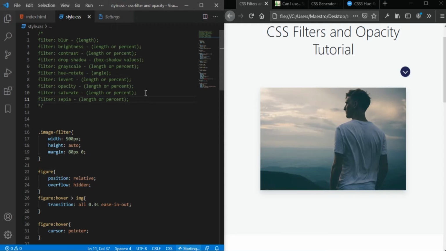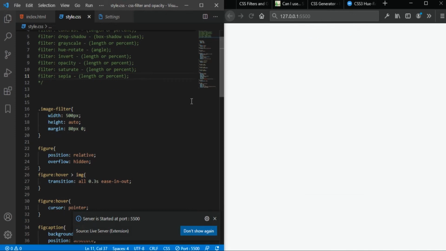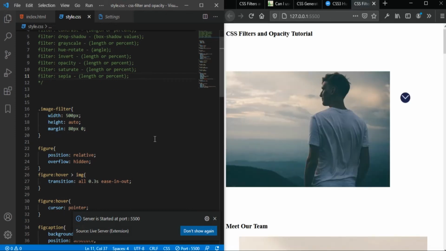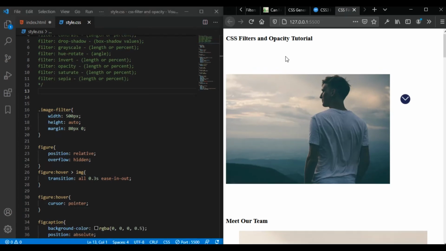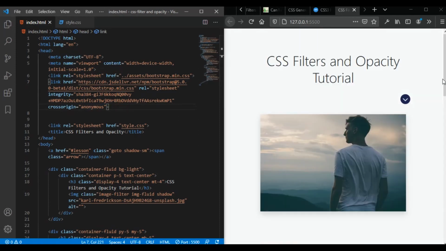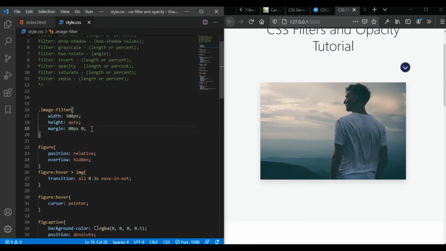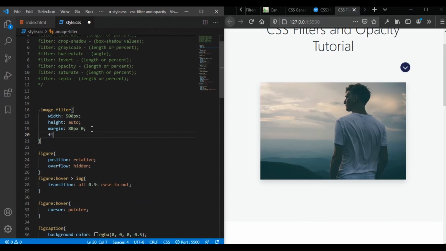activate our live server. Okay, so it seems our Bootstrap CSS is not loading, so I added the Bootstrap CDN here. So let me save and view that we're back. Okay, so right here to this image filter, and if I come here, filter. So let's start with the first property,